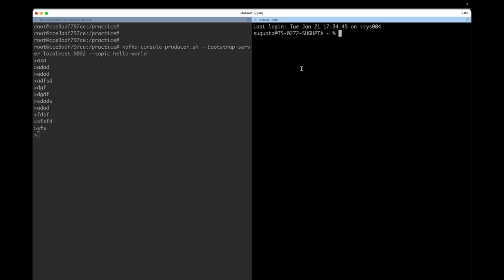Now assume this is the second application, which is the consumer. It has to consume the messages. How would it consume? There is a CLI for the consumer as well. Firstly we need to go into the Kafka container, I'm just doing that in a quick manner. Now what we need to run is the Kafka console consumer,